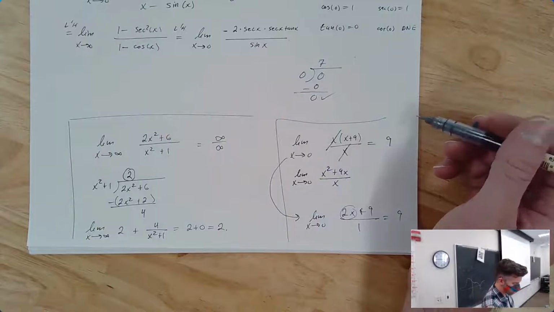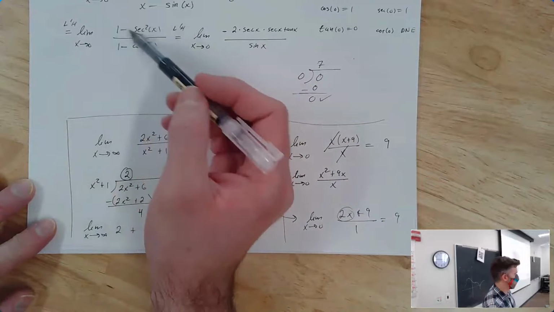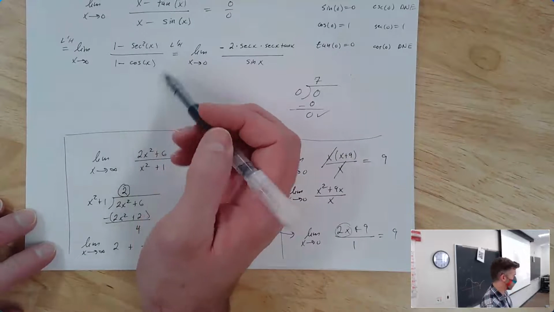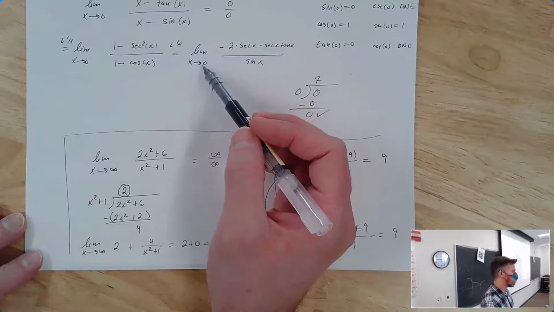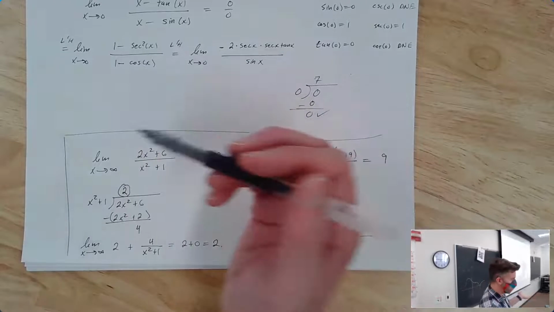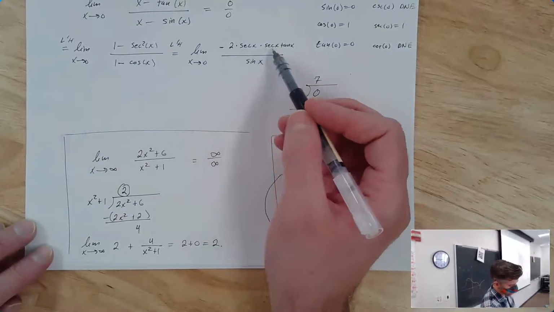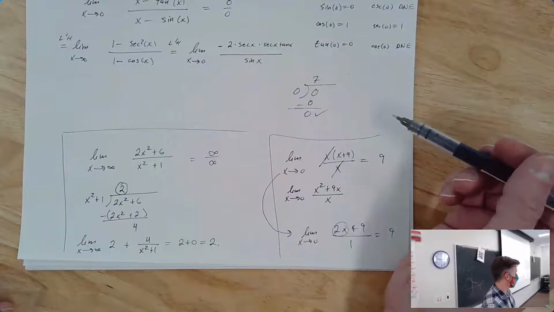Yeah, that's what I would do too. So here, this expression we couldn't really simplify, right? There's not really anything good to do here. You might be able to multiply by 1 plus cosine or something. I don't know. Here, on the other hand, if you start plugging in 0 again, because I should definitely check, can I plug in 0 and get an answer? Secant of 0 is 1, secant of 0 is 1, tangent of 0 is 0, and sine of 0 is 0. So I still have a 0 over 0 form.